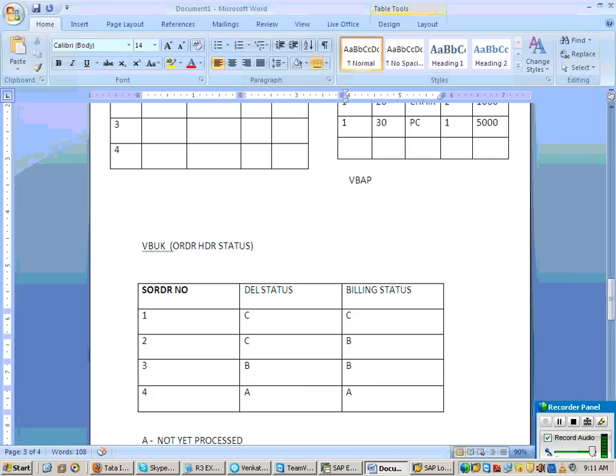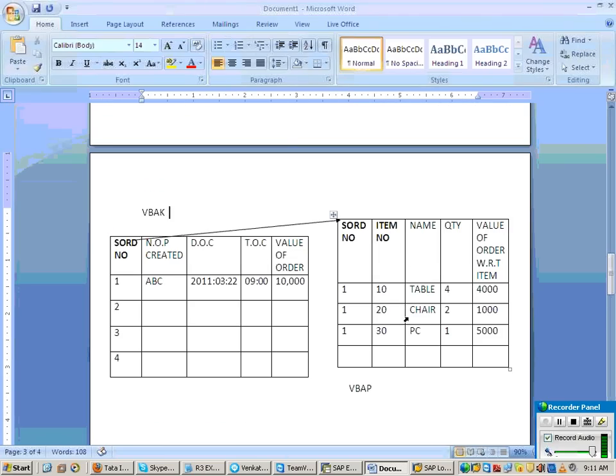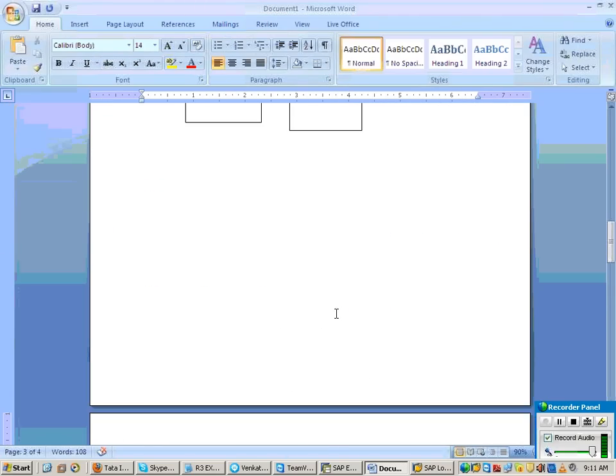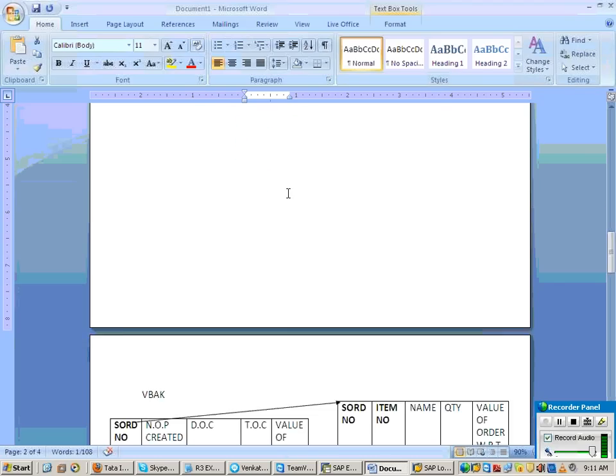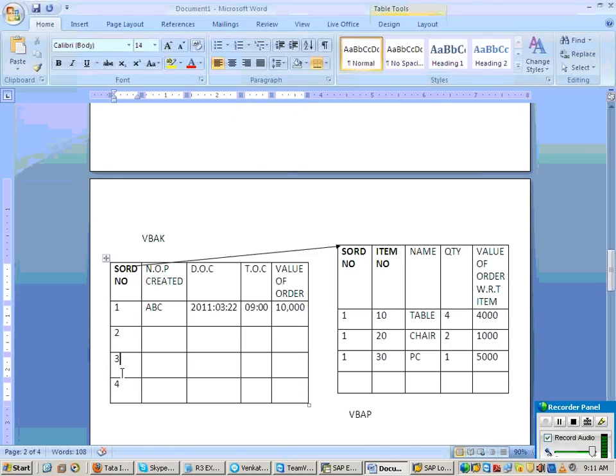Now suppose you want to extract the data from VBAK as well as VBAP. If you create a view, and if you extract the data, how many records will it extract now? All the 4, right? All the 4 records it will extract.